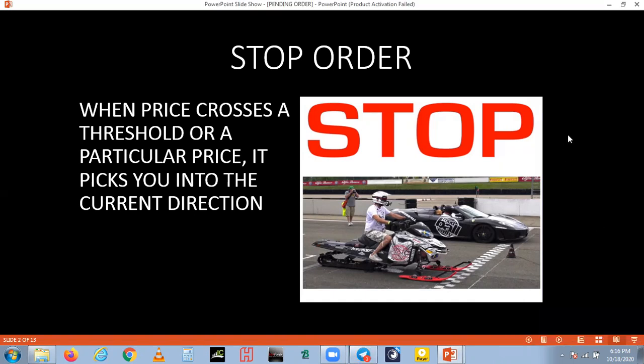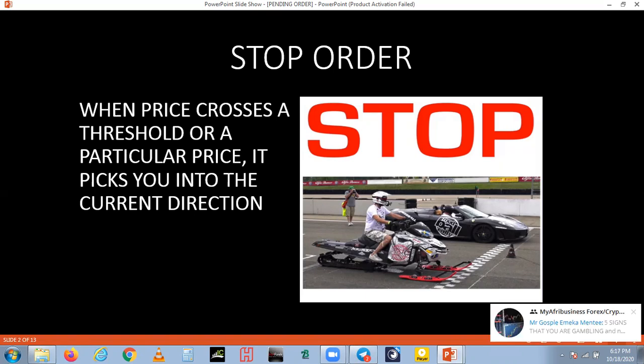So in the pending order, we have two major types. You have the stop order and the limit order. So the stop order is when price crosses a threshold or a particular